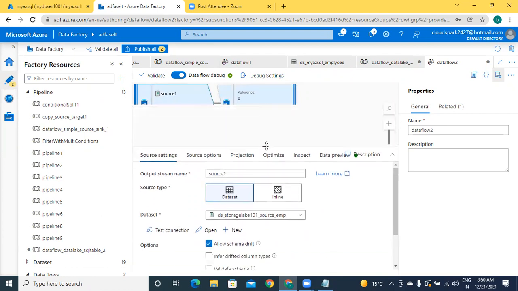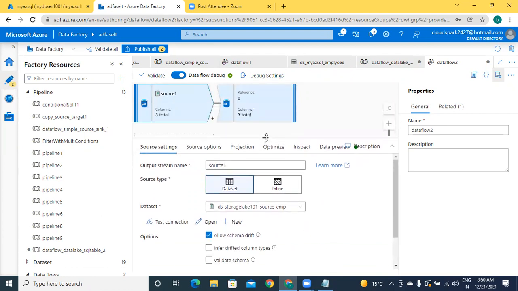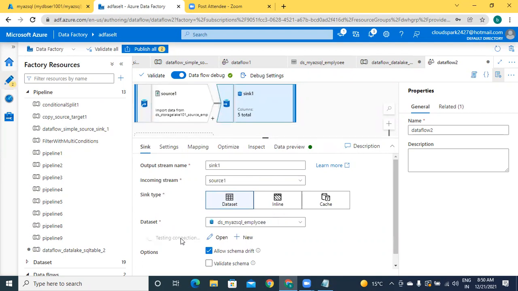Already we have tested the connection, but we need to test the connection with the target data set. So come to the sink and test the connection. Previously it said successful. Once again, I am checking the connection.